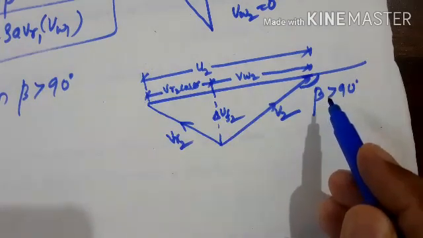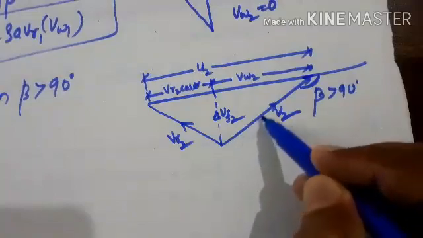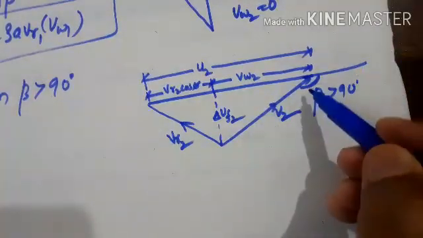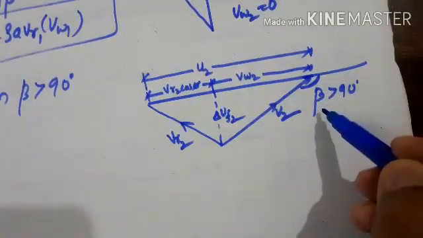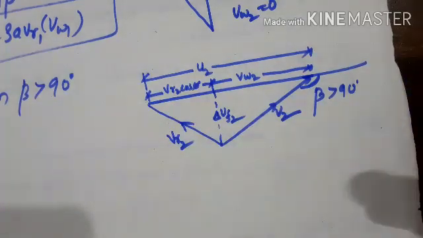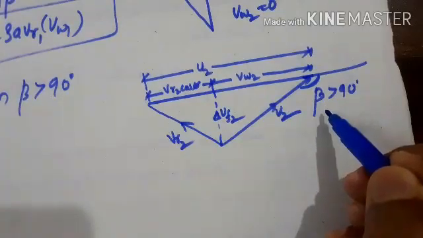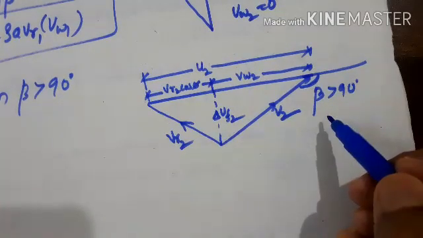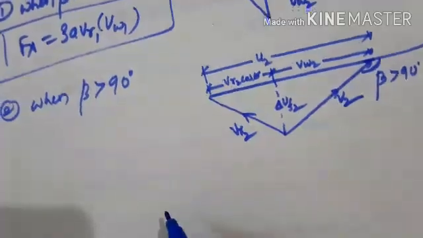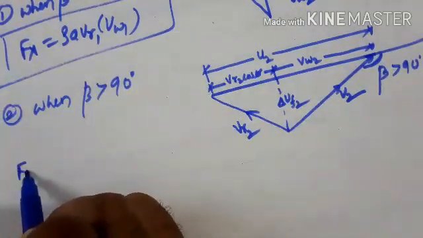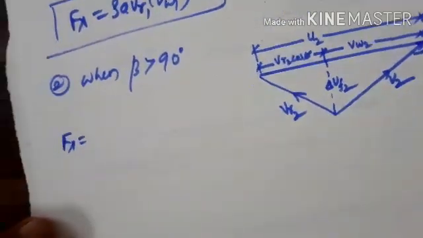If beta is more than 90 degrees, this is the angle at which the jet is exiting from the vane. So in a problem they will give that the jet is exiting from the vane by making an angle of 90 degrees, or less than 90 degrees, or more than 90 degrees. If V2 making an angle with horizontal is greater than 90 degrees, then what will Fx be? If you want to calculate Fx,